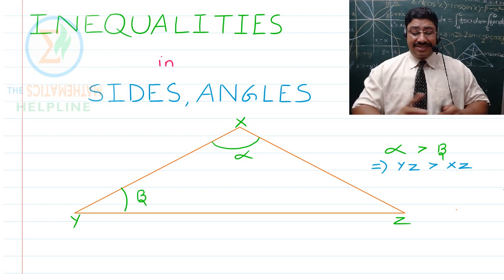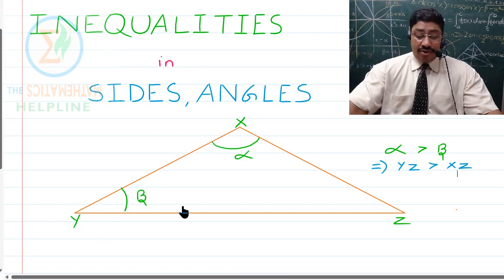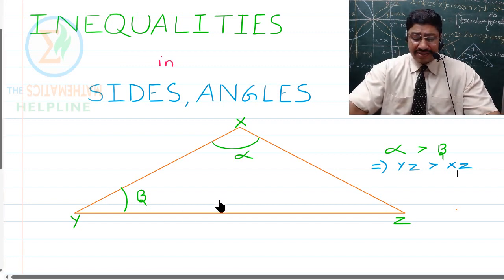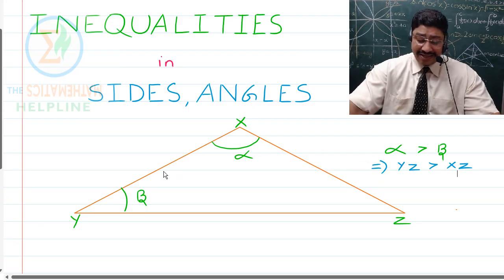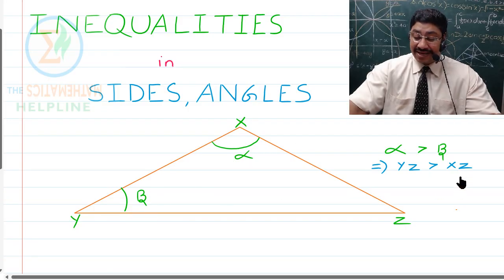Right? So this I will quickly repeat. Now here we have a theorem. The theorem is this, that if you have a triangle in which it is known that one angle is larger than the other angle, then the side which is opposite to the larger angle, like here we have yz, will be larger than the side which is opposite to the lesser angle, as here we have beta to be the lesser angle. So the side which is in front of it, that is xz, is going to be lesser,